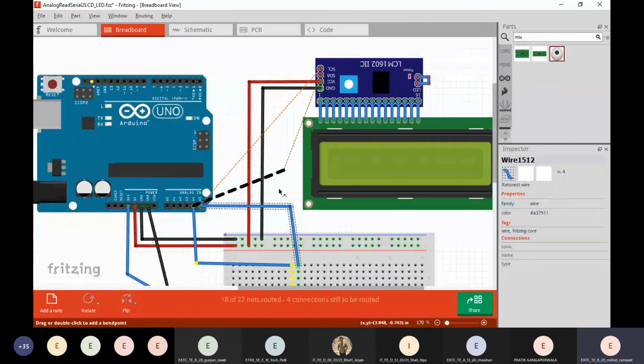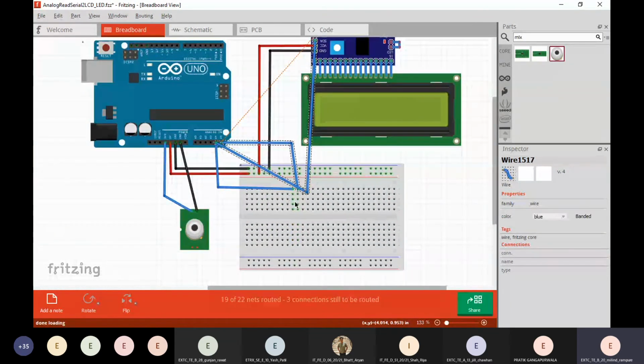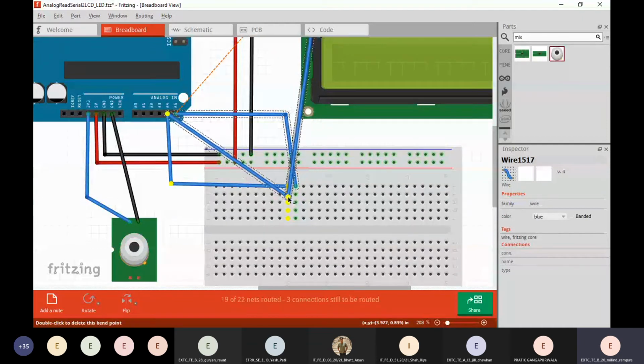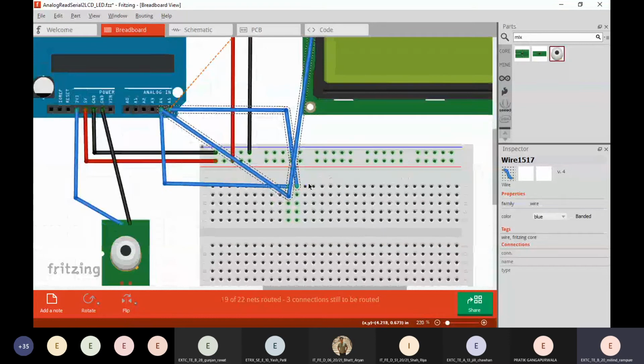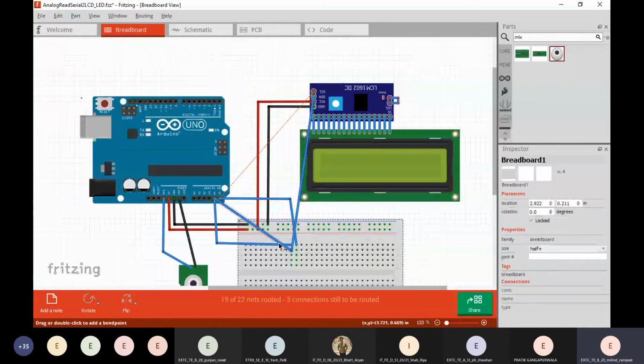The SDA pin is connected to the A4, I guess, right here.